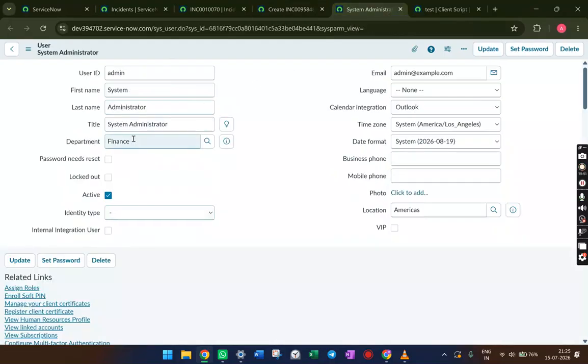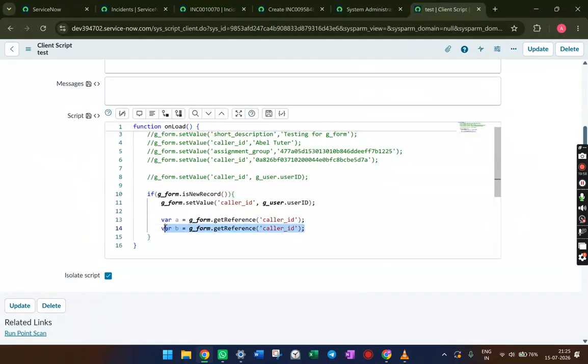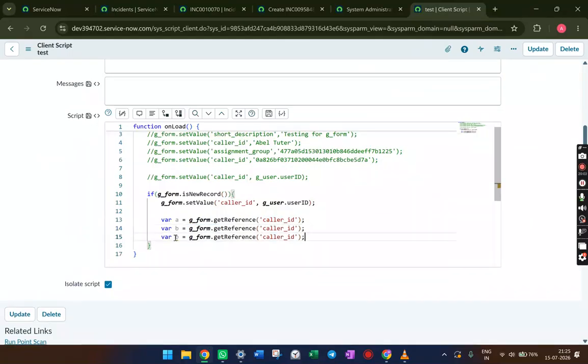We have to fetch department, email, and location. So we have to store 3 values in 3 different variables, because from each variable we will be taking the department, location, or